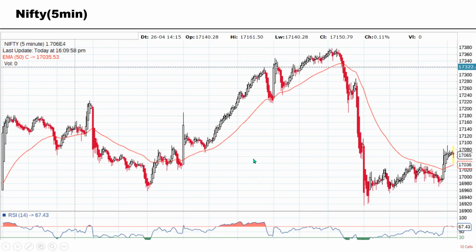The next one is your Nifty on the 5-minute candle. Again the same thing, if there is a gap up or gap down opening, then we are not going to use the opening candle. We are going to wait till the 5-minute candle comes near the 50 EMA line, and on the basis of whether the trend is up or down on the 15-minute, we'll try to use the same trend, same direction on the 5-minute. So if the 15-minute is giving you an overall up direction and the 5-minute is also changing direction from lower to up, then we'll try to enter into that particular setup.